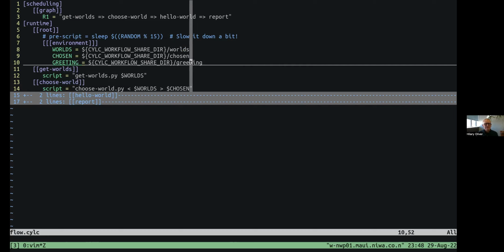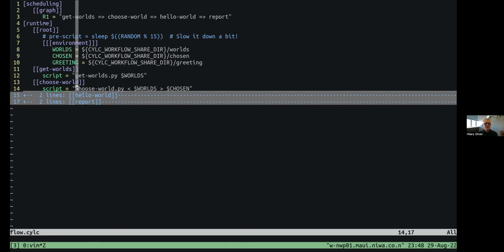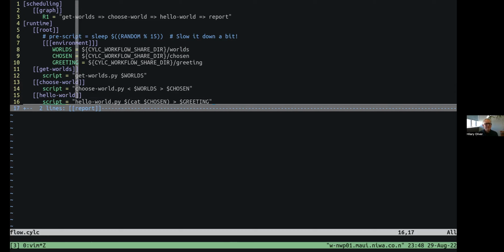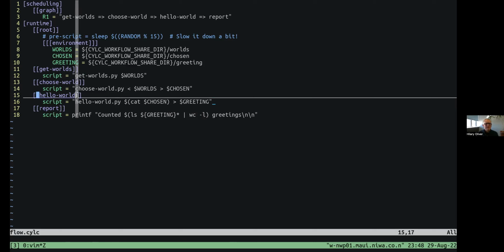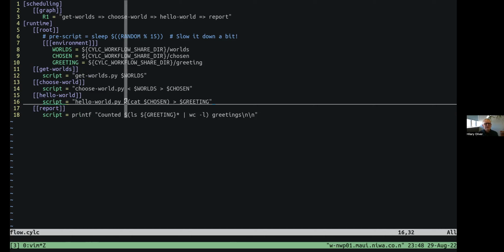And again, this is nothing to do with Cylc. This is just using bash scripting to manipulate files and output streams and so forth. You can do it however you want. It's about flexibility. And finally, hello world says hello to the world that's been written to the file called chosen.